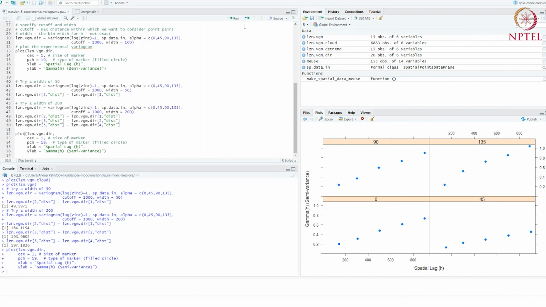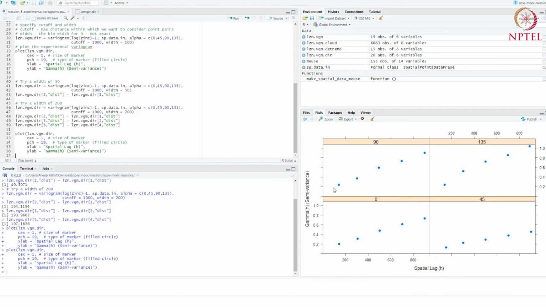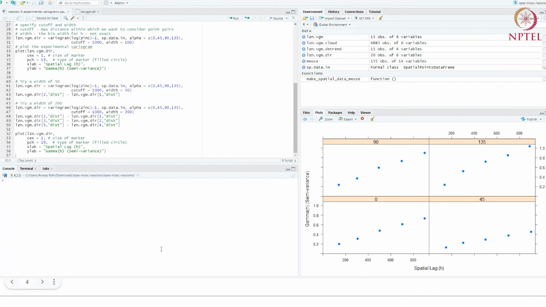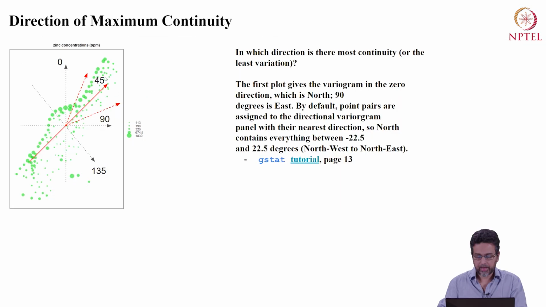And then I plotted here the variogram when the width is 200. You see now you have very, very few points. For this particular variogram, I'm pretty sure that this width is too broad. We're smoothing over and losing a lot of local variation. And if you lose local variation, then your variogram estimation can typically be wrong. So what is the right width and the right cutoff? This is something that you will have to consider carefully depending on what your research question is. So that's all I had for that.